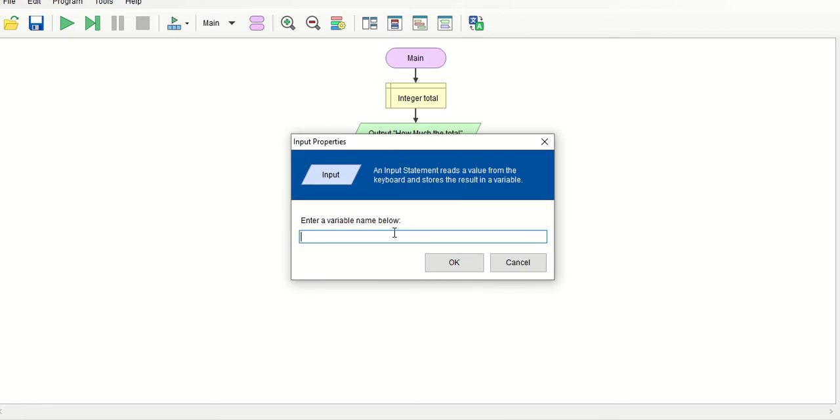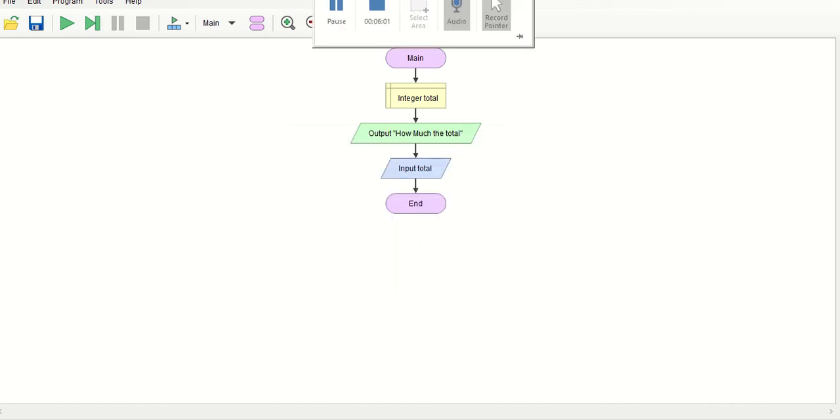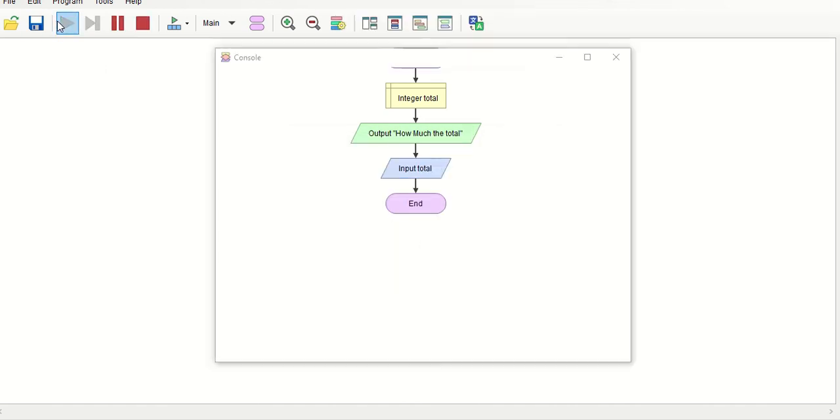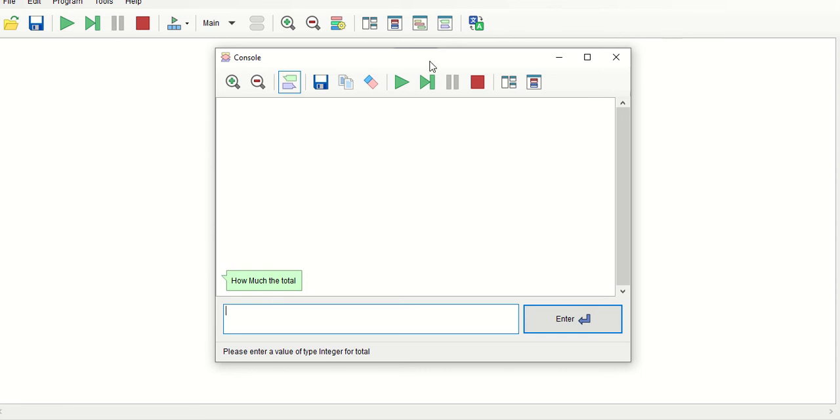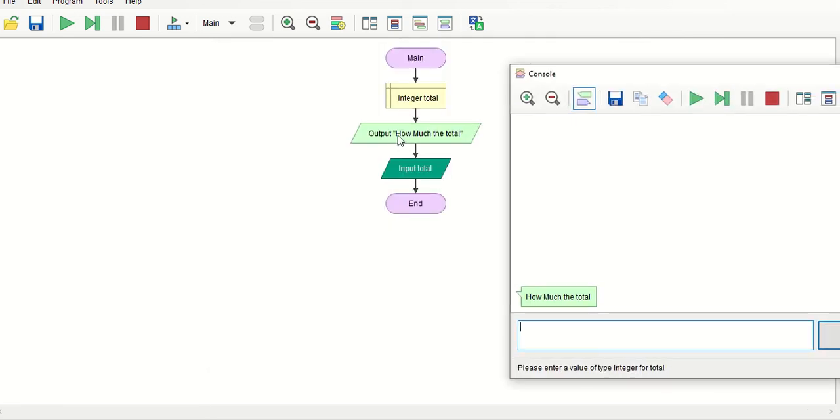So here I write the variable total, and press OK. Now if I run my program, you can see how much the total, because I gave this with output in inverted commas, so it's coming the same, and input total.